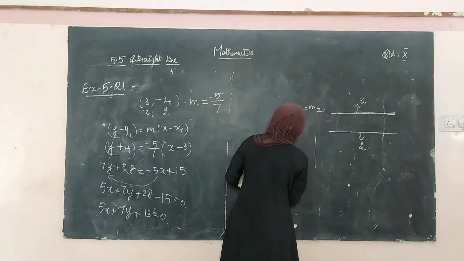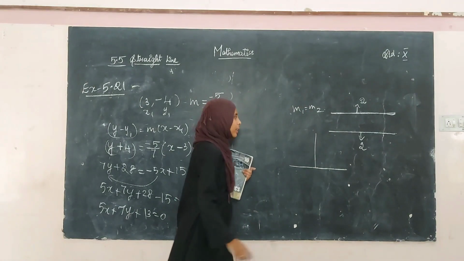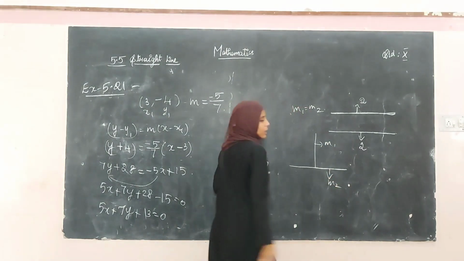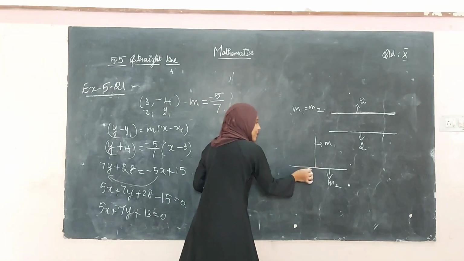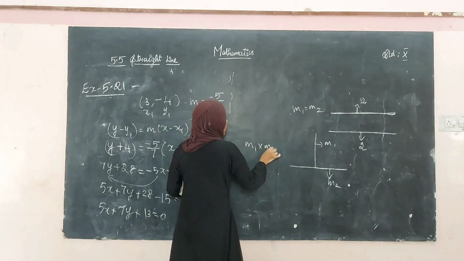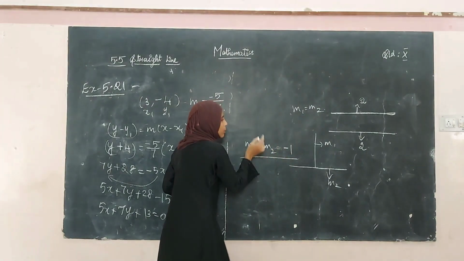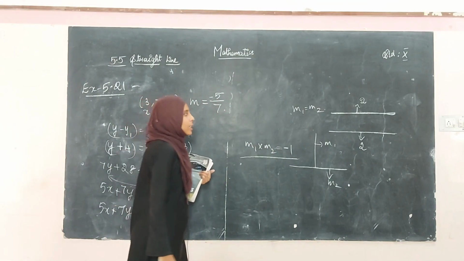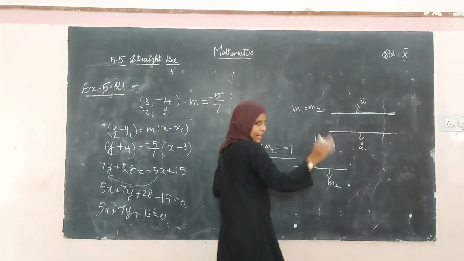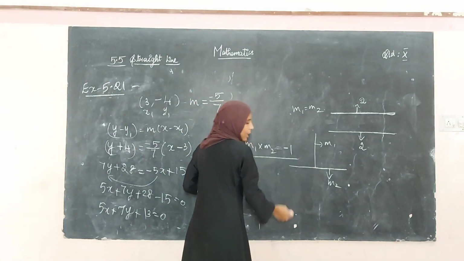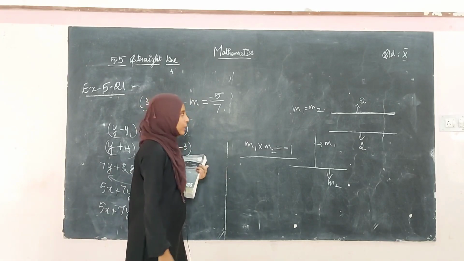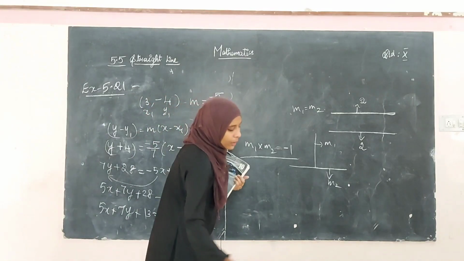And another one thing, if two lines are perpendicular, take the slope of this as m1 and the slope of this as m2. Suppose if these two straight lines are perpendicular, then the condition of slopes will be like this: m1 into m2 equal to minus 1. You have to mug up this. If two straight lines are parallel, their slopes will be the same, and if two straight lines are perpendicular, the multiplication of their slopes will be equal to minus 1. Okay, so this is the condition you have to remember all the time.